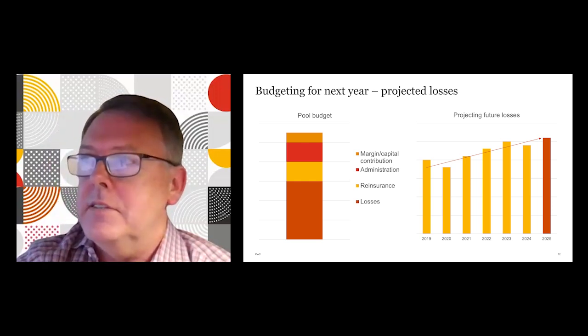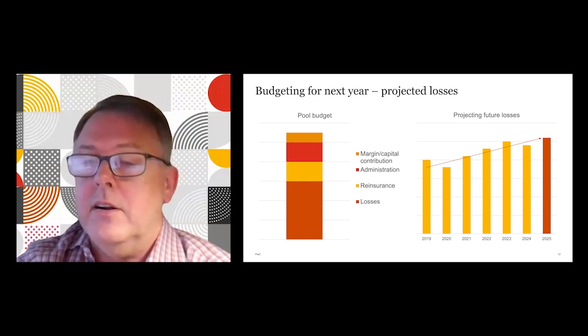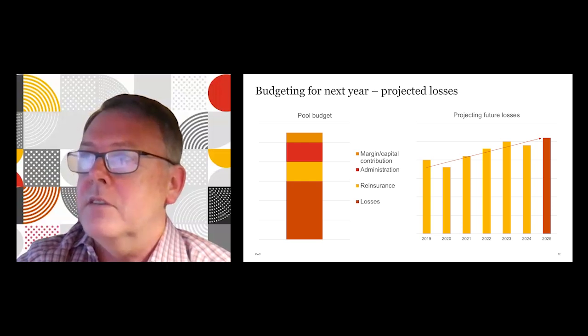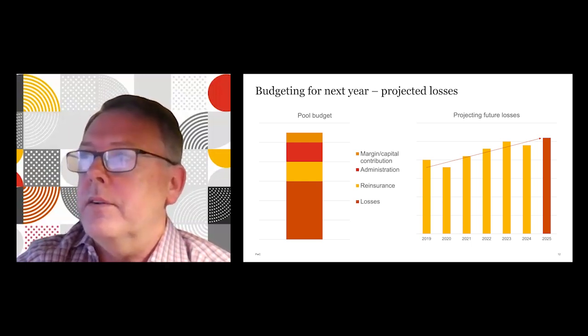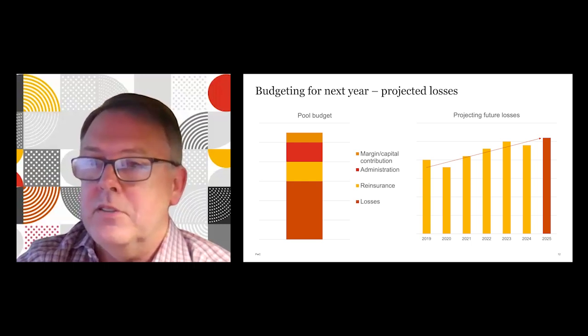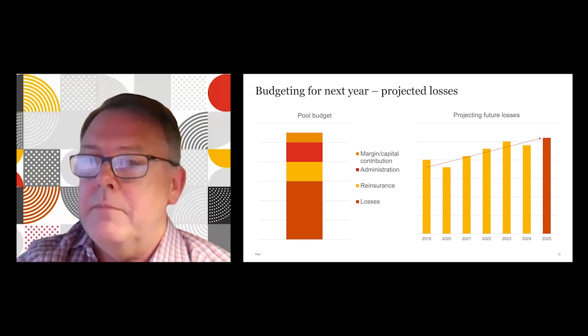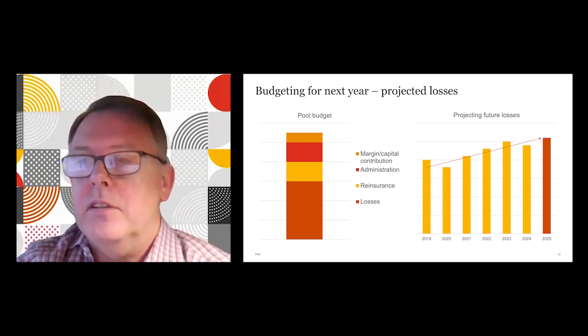You have losses. That number is generally what you get from the actuary: can you look at our past patterns and give us a projection of what our loss fund needs to be for the year we're trying to rate? You'd ask your broker, okay, what's your best guess of what our reinsurance is going to come in at? You'd look at maybe your CFO, let's get our admin budget. And then on the very top, you often would collect a little bit more to top it off